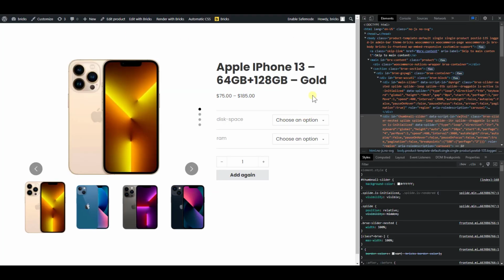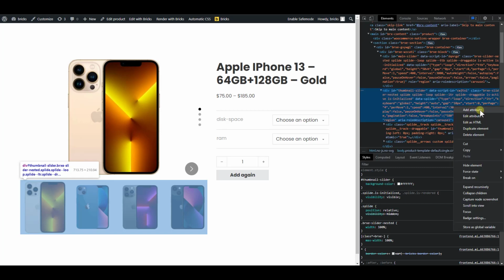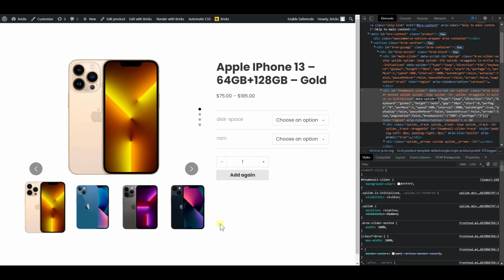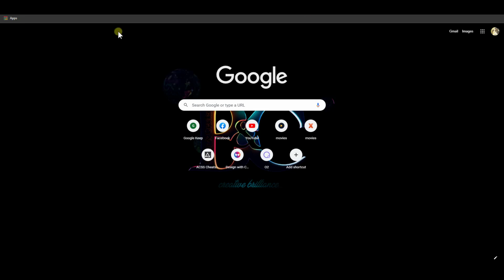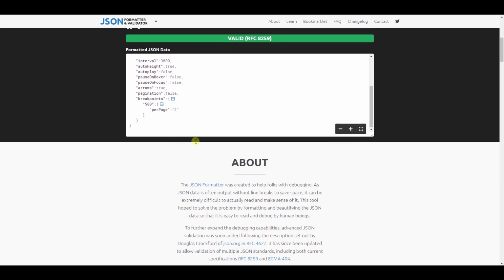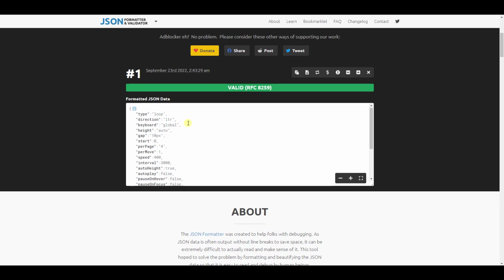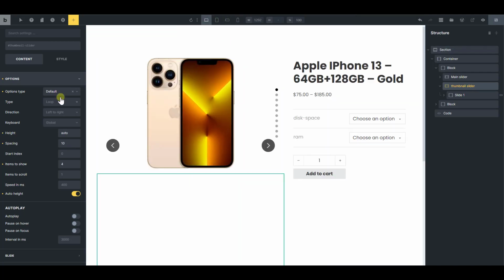from the attribute. Now we're going to see that the media query is included in the JSON. So I'm just going to right click where you have the attributes, and then we're going to copy it. Next, we're going to go to an online JSON formatter. I'm just going to search for JSON formatter and validator. We're going to paste that attribute in and process it, and that is going to give us this JSON in a formatted format. So I'm just going to copy it, and then let's go back to the main breakpoint,